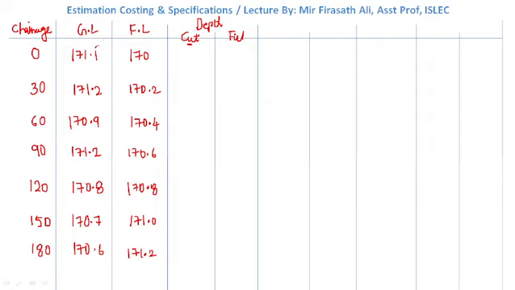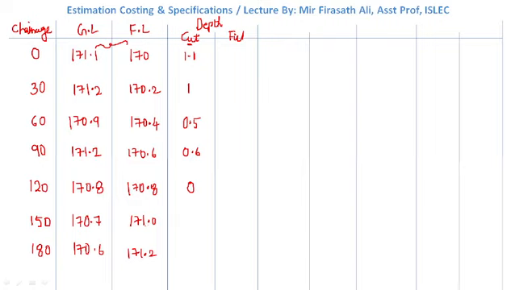So, if we subtract this, 171.1 minus 170, how much is it? 1.1. Similarly, it is also 1. Okay. 0.5. Subtract it. 170.9 minus 170.4. Okay. The next, 171.2 minus 171.6, how much is it? 0.6. 170.8 minus 170.8, here it comes 0. Now look over here, 170.7 minus 171.0.